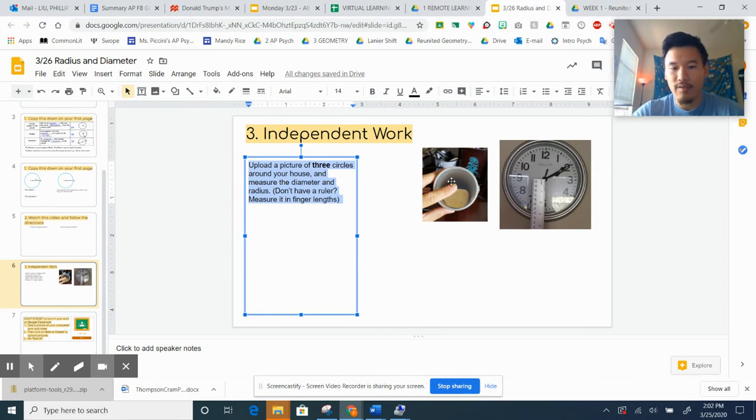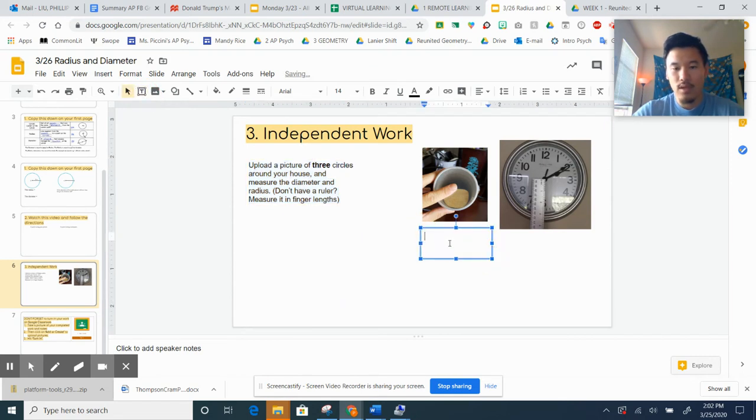So what you can do after you've uploaded the pictures here, and you need to do that on your phone, you can press the text button. And if you can't find it, you can definitely find some circles around your house. If you can't find any, you can search for some on the internet, but you just need to make up your measurements. Right. So then this Pringles can has a radius